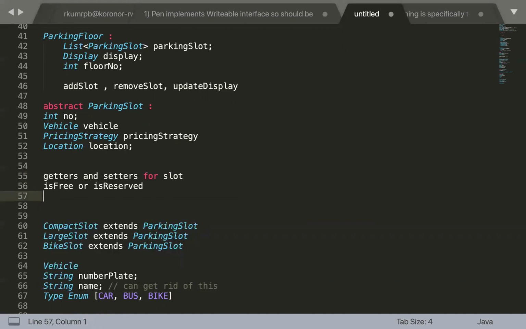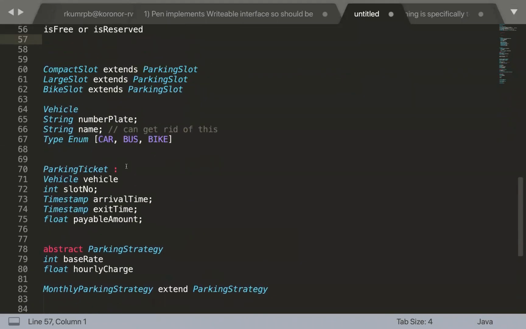Okay, so getters and setters for the slot, is free or is reserved, whatever specifies whether that parking slot is reserved or not. Now let's talk about the calculate fees. Which entity should have this calculate fees? Parking ticket. Correct. Parking ticket should have the calculate fees.